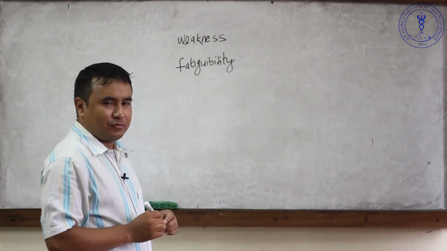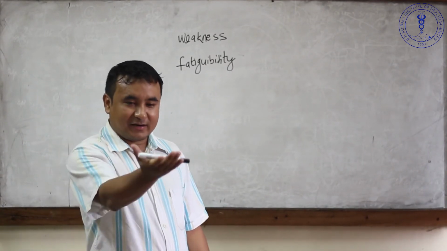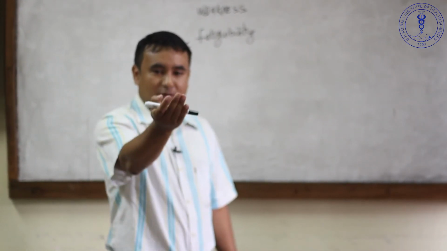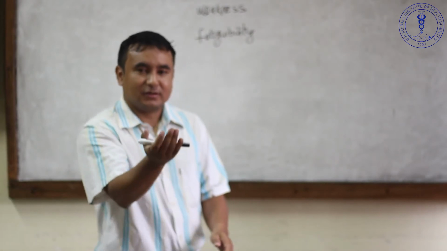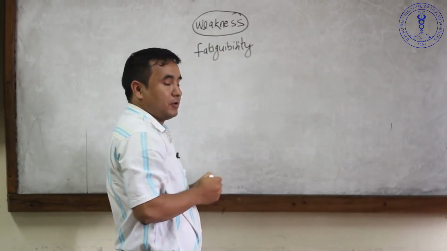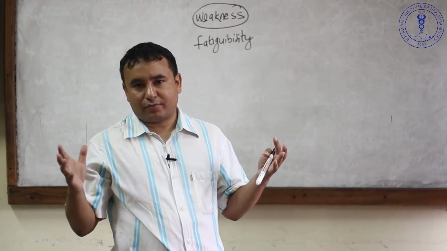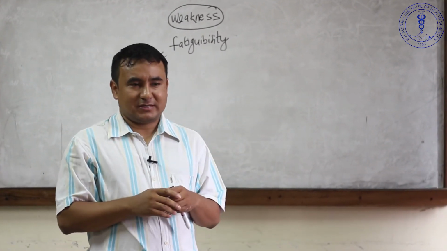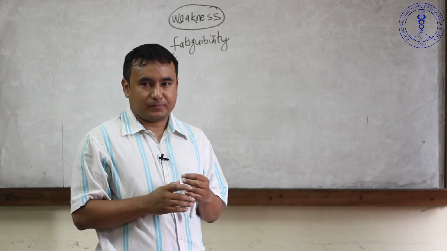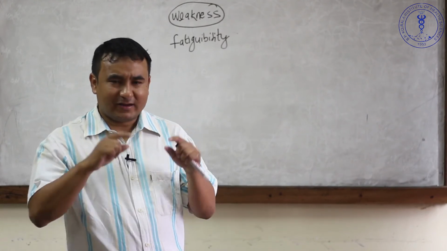Okay. So can you guess what is the difference between weakness and fatiguability? Okay. I can lift this marker. This is my normal power. But if I could not lift this marker, then that is a weakness. So weakness means a reduction in the muscle power that is appropriate regarding the age and the gender of the patient. So if I could not lift my hand, if I could not walk, then that means I have a weakness